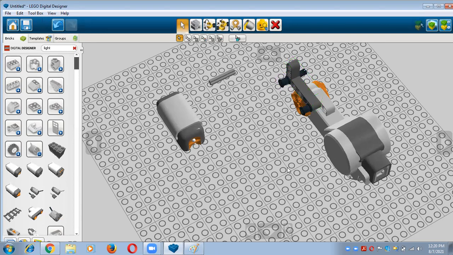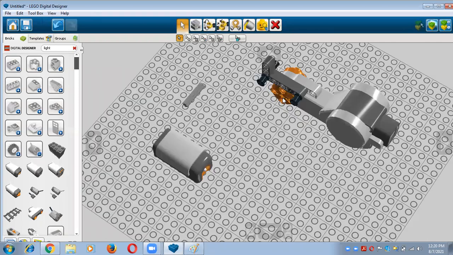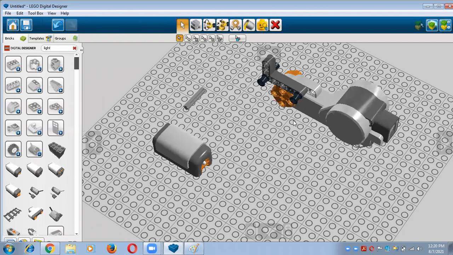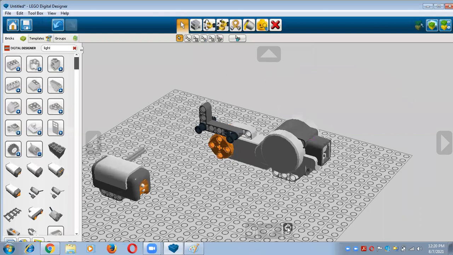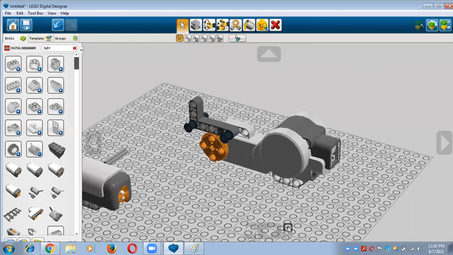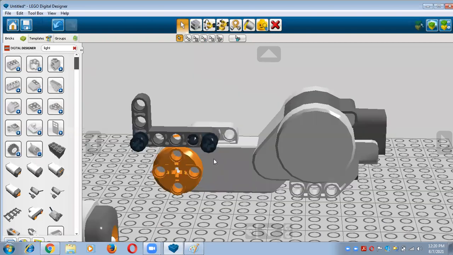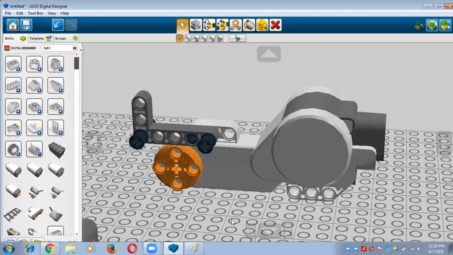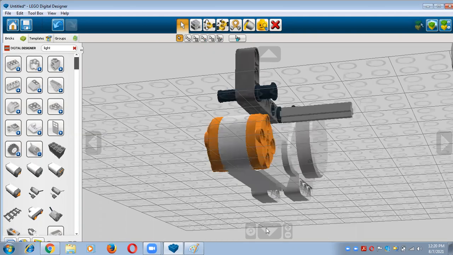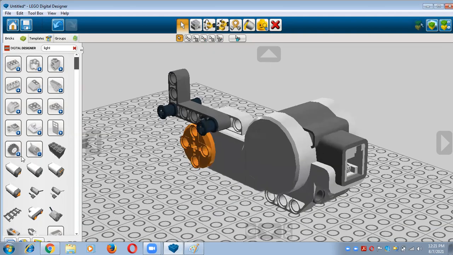Now move on to the next one, and in the next one you have to set this cross axle here. You can see, I will show you with the help of zoom in, and I'll show you here. You can see the plus symbol is here, and I had made this clear to you in the first class itself, that wherever there is a plus symbol, you can connect the part only through a cross axle. You cannot connect it with the help of a connector peg, right? So you have to take this cross axle